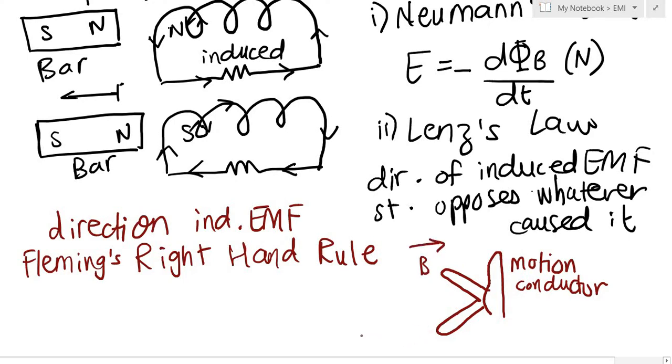Then your central finger will give the direction of induced current or EMF. EMF and current will go in the same direction. So this is basically a very useful thing. Now the first derivation that we have, so called, for this part is when you have a